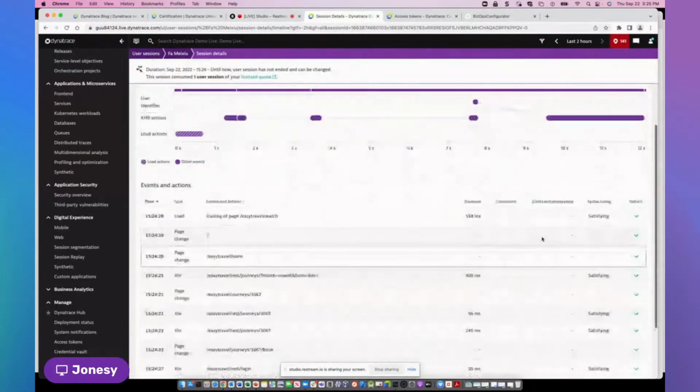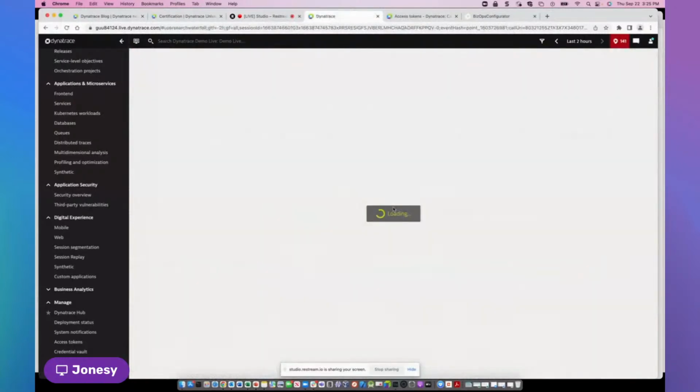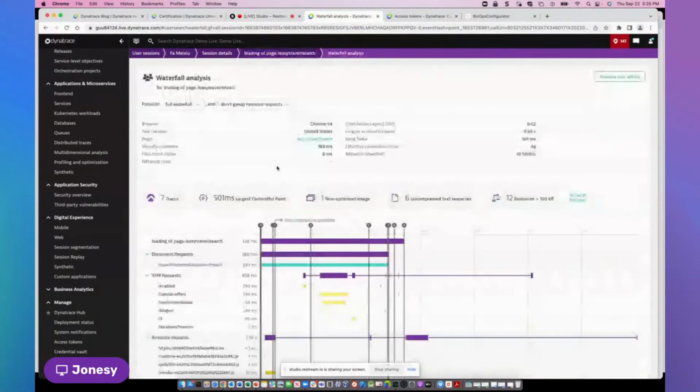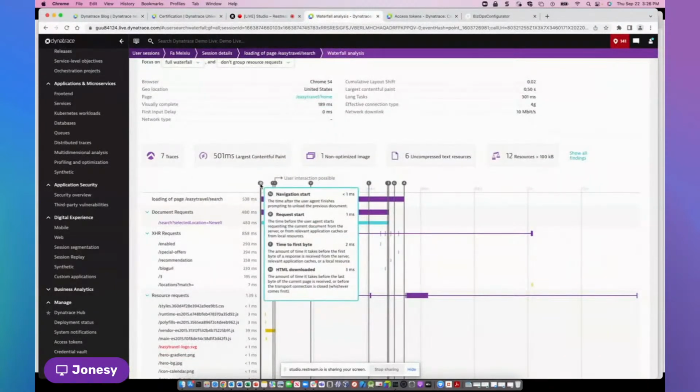In user sessions, you can drill down into this waterfall view. The waterfall view is going to give you all sorts of different timings, and in some cases these are W3C metrics. Some of those